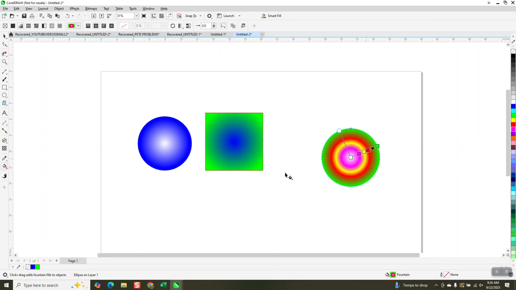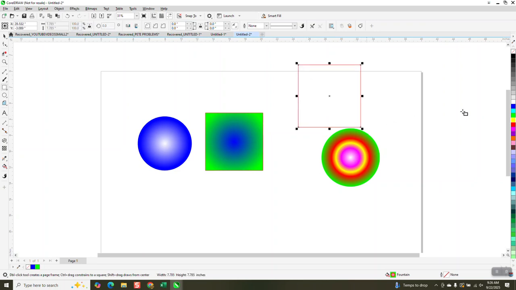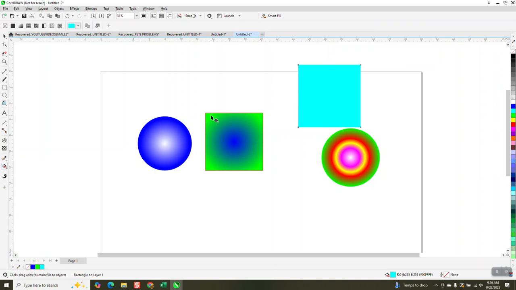it's a square. Let's just do a square, just to double check. Let's make it that color. Take away the outline, which doesn't really matter. Get the interactive fill tool, swipe it anywhere across, but then go up here to elliptical, and it actually popped